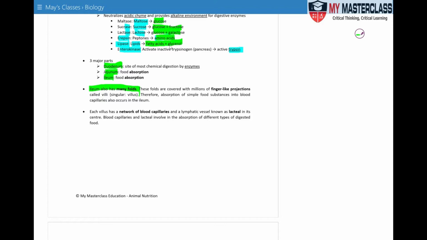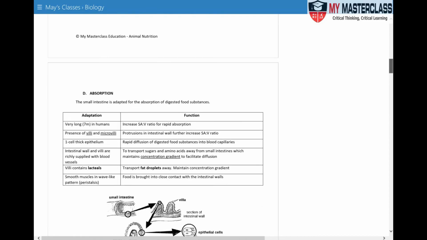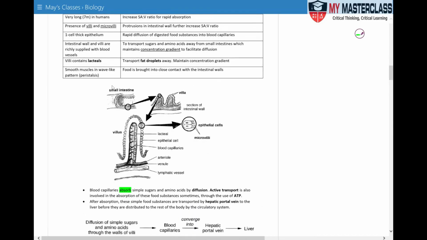Okay, so why is the ileum able to carry out this function? It is due to the finger-like projections, which increase the surface area to volume ratio. Each of these finger-like projections also contains lacteals, which are used for absorption of different types of food components. Okay, so when we move down, before we look at the table itself,